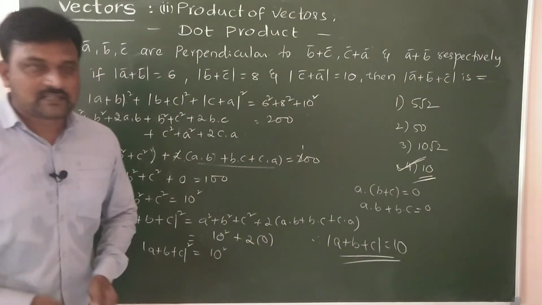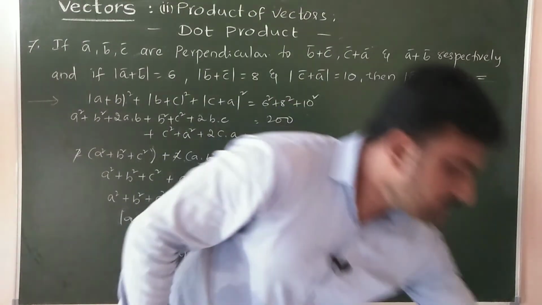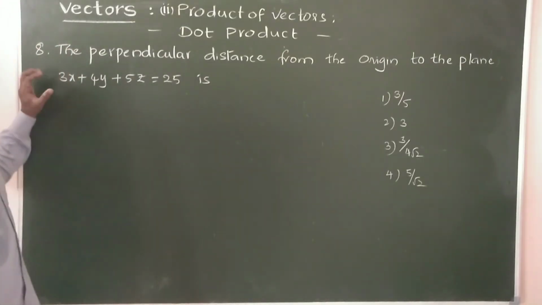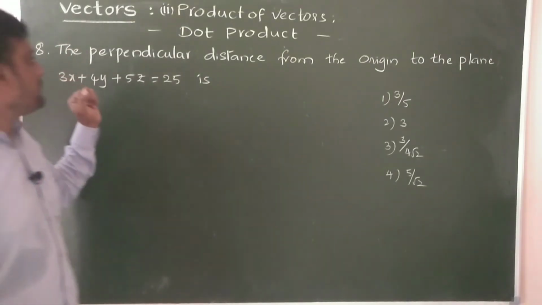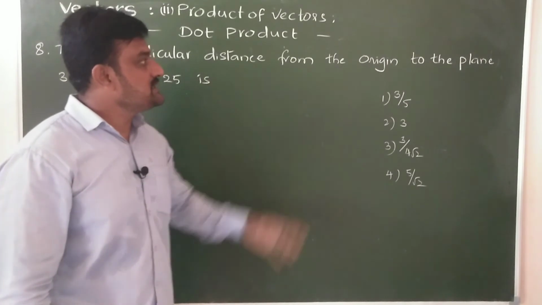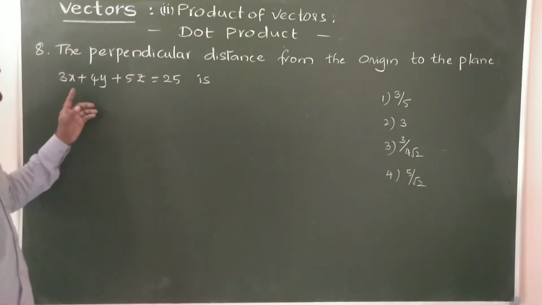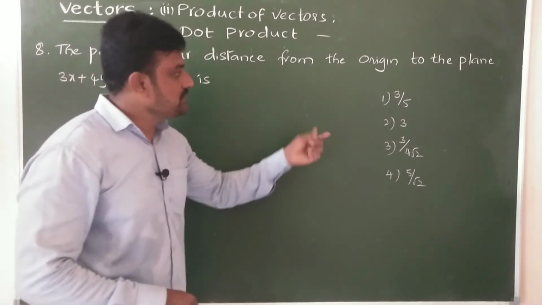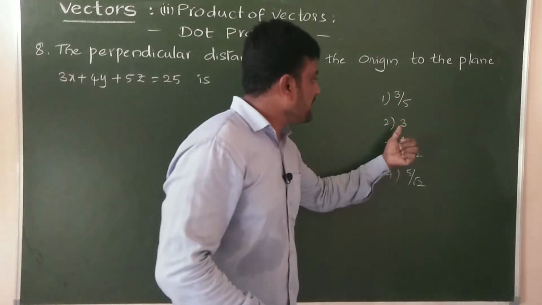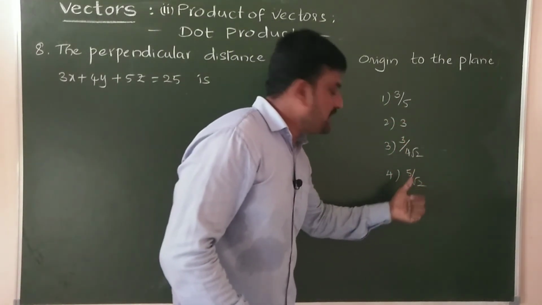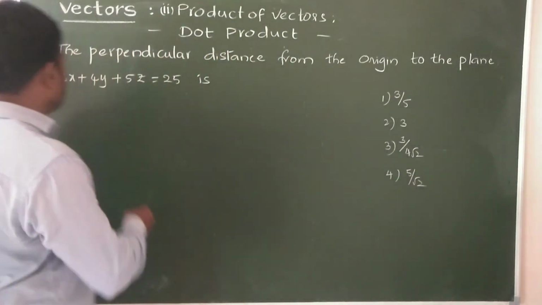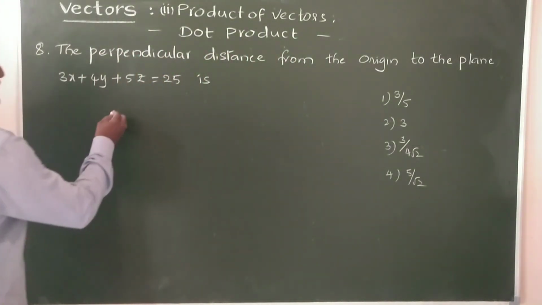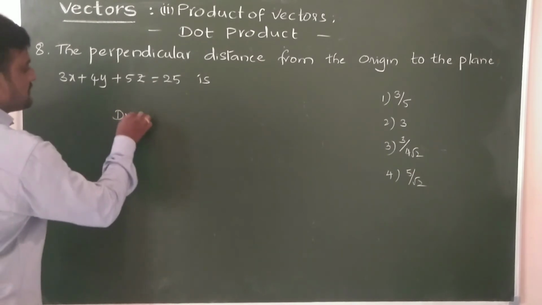Let us go with the next one. Discussing the question: the perpendicular distance from the origin to the plane 3x plus 4y plus 5z equals 25. The options are 3 by 5, 3 by 4 root 2, 5 by root 2. Let us go with our problem. Actually, the distance equals,